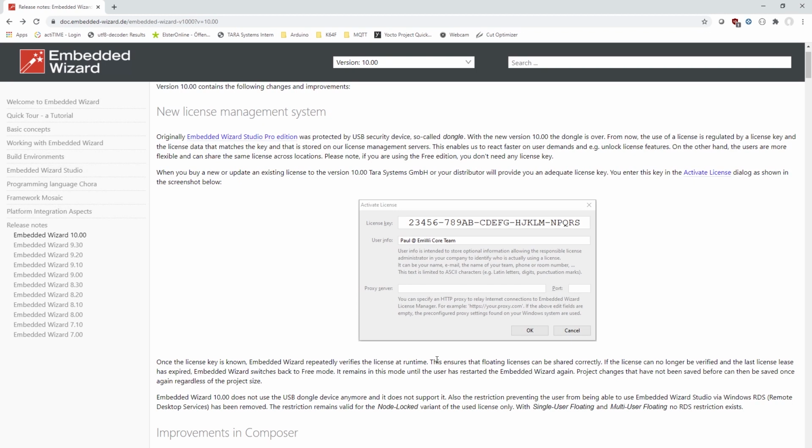If you're interested in that, just drop us a note, and we can provide you with a dedicated offer, and so you can then migrate from a node-locked version, which, as said, is the successor of the USB dongle version, to the single user floating or the multi-user floating. Something I also mentioned in the release notes: